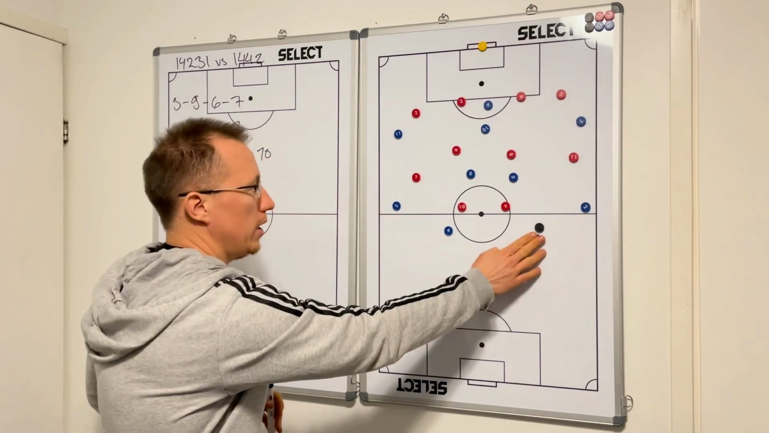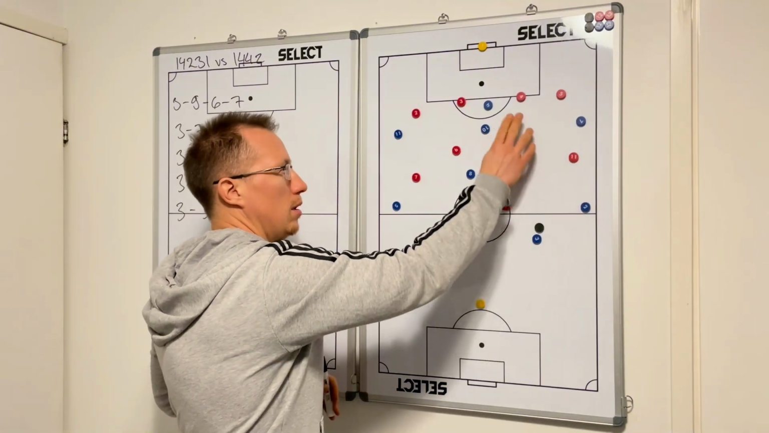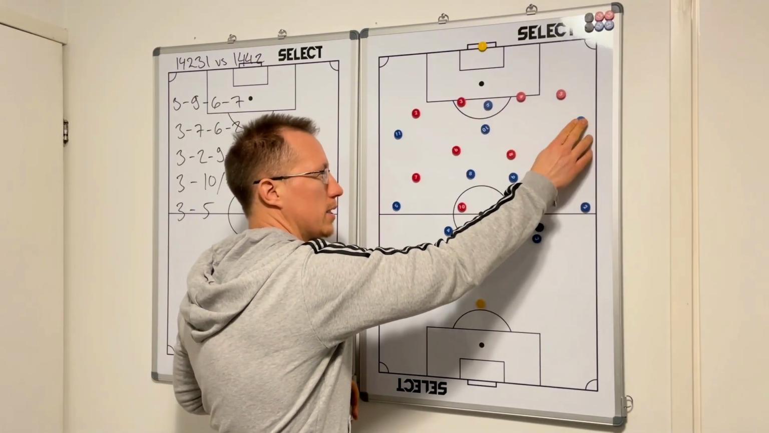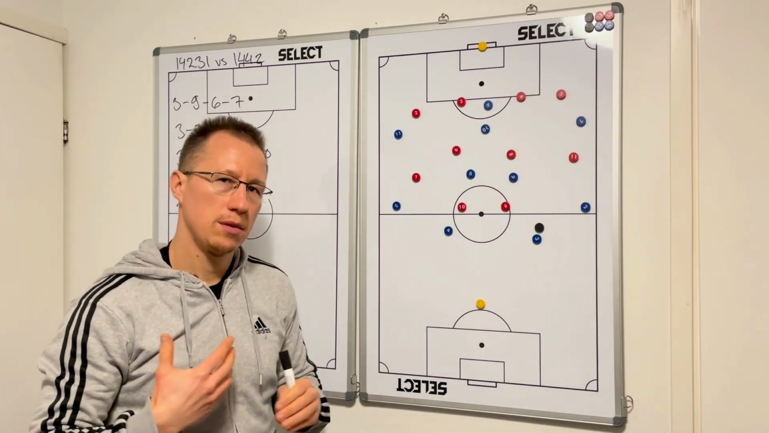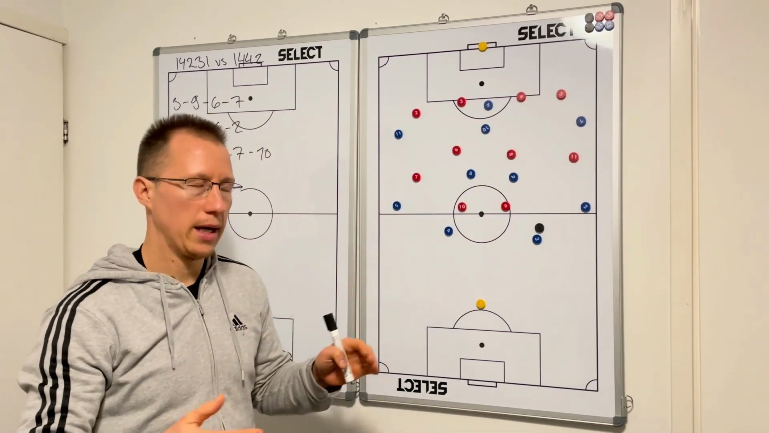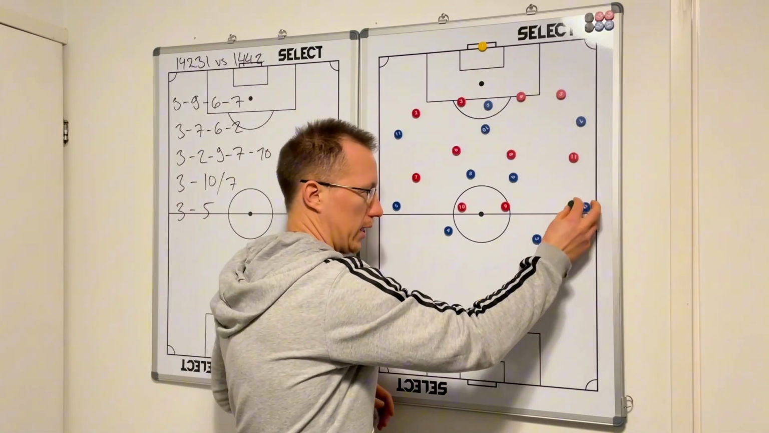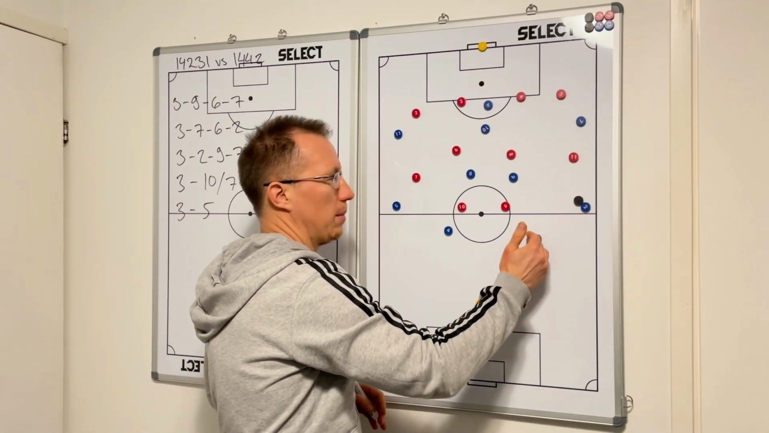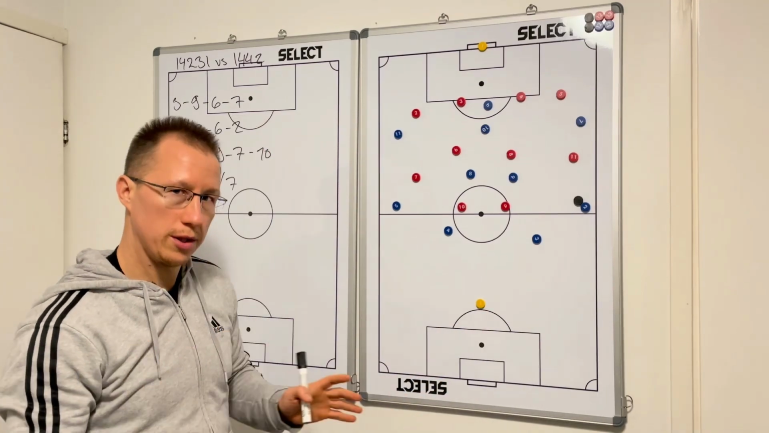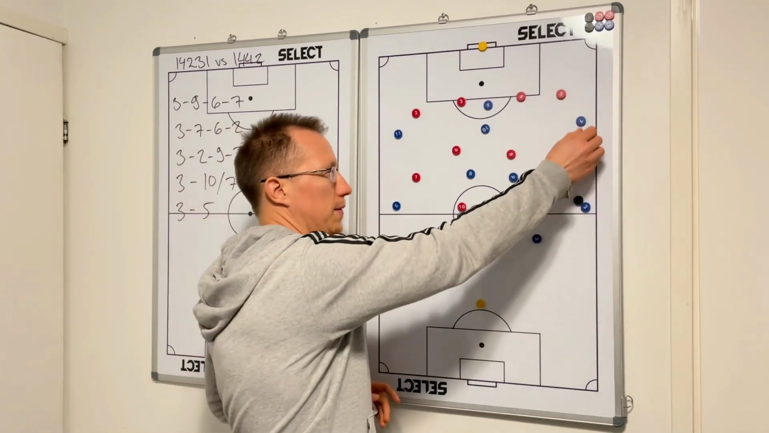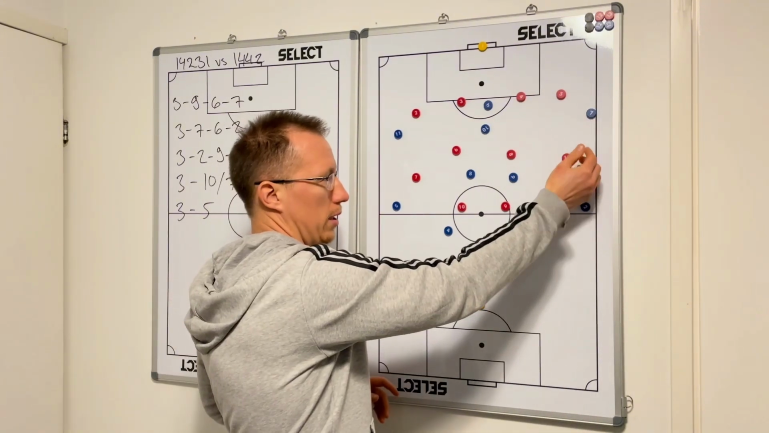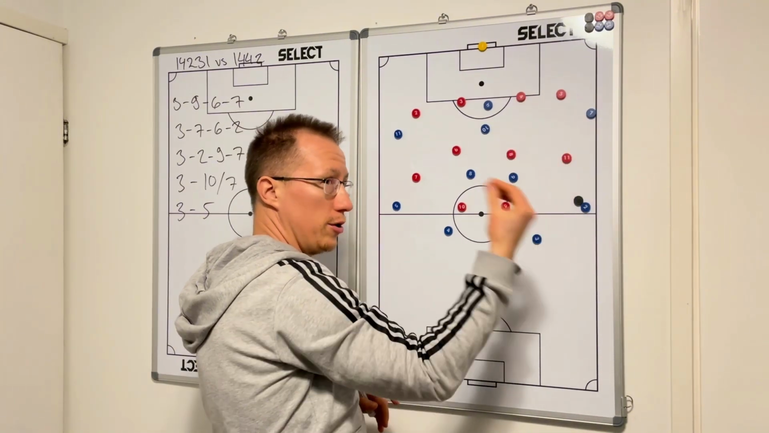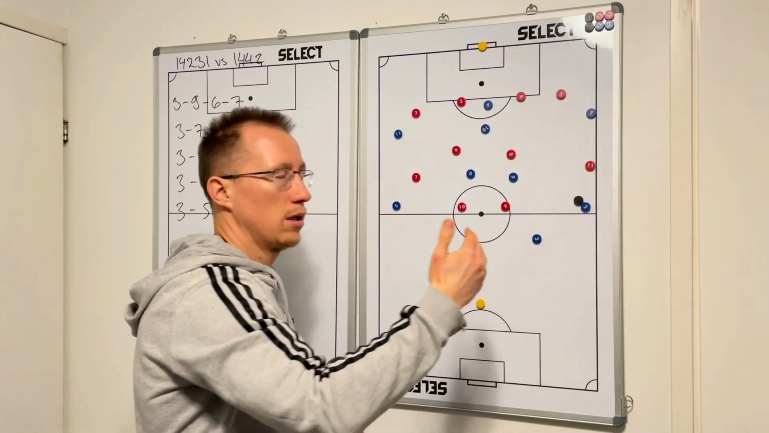3-2-9-7-10. What we mean by that? Sometimes you want to create more space between the lines and you need to circulate the ball. So let's say your center back is playing the fullback. Now what usually happens is that if the number 7 is playing wide, the opposing wide midfielder usually closes the